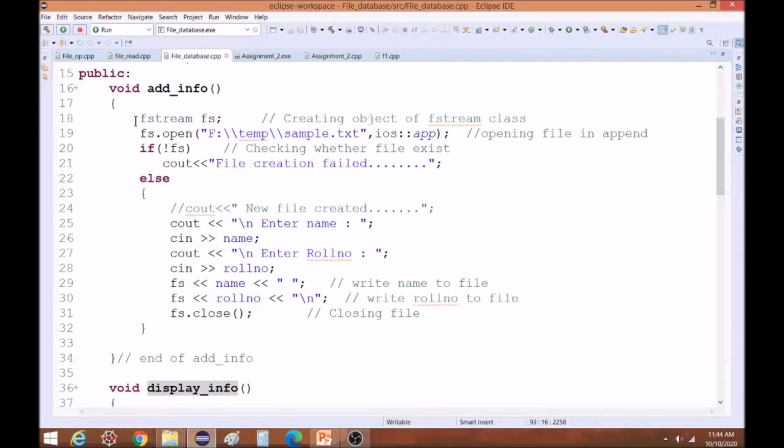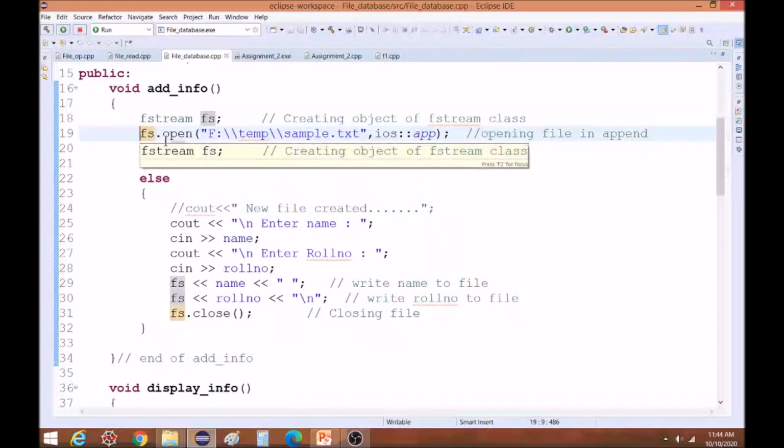Now I am declaring the object. fstream allows us to create file streams, or we can call it a file pointer. So here we are creating object fs of type fstream, which will allow us to use the input and output mode for reading and writing the file. So this is the first step.